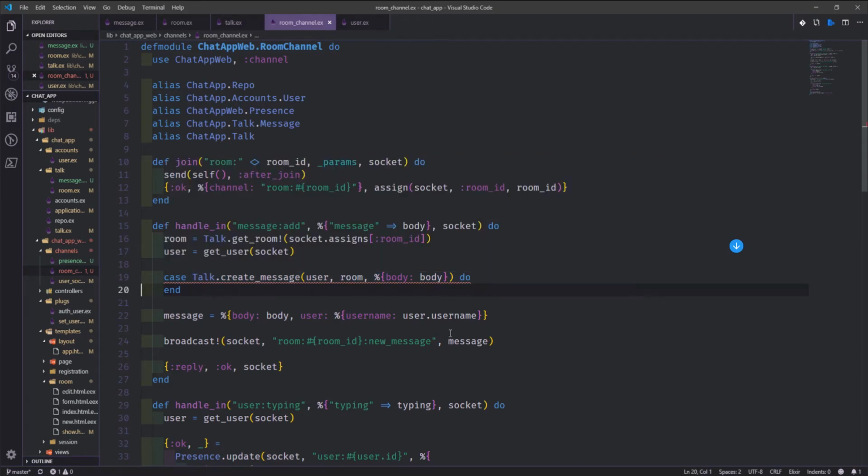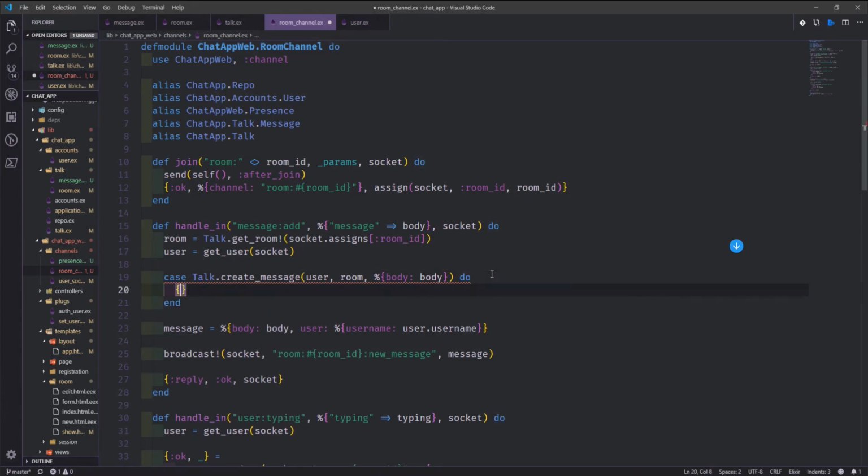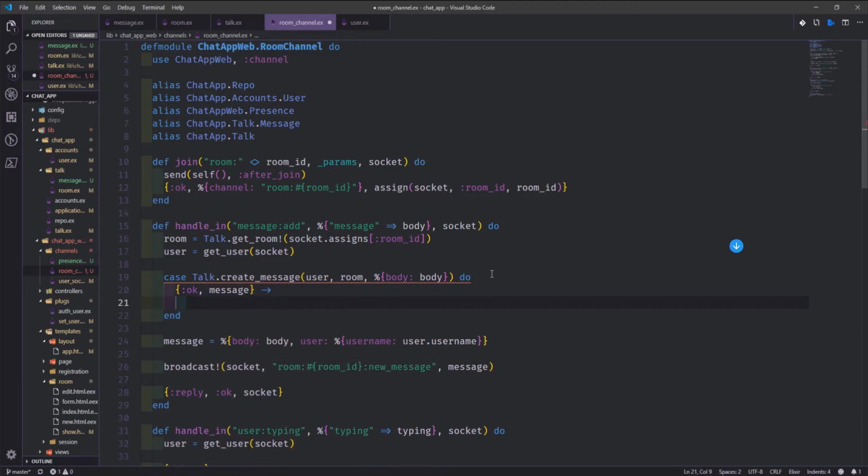It's expecting its clauses, so we'll have our clauses here. The first one will be okay message. And if we get back okay message, meaning it's fine, then we want to take the message and we want to call